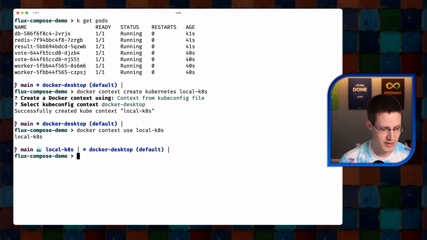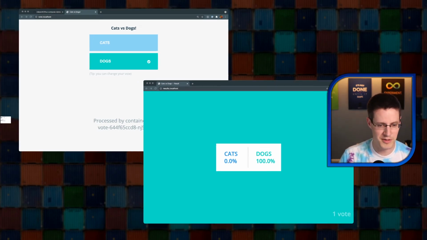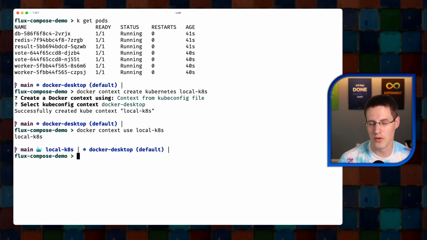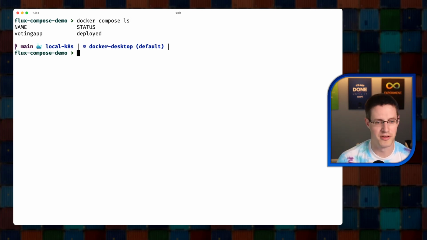If I jump back over here real quick, I just saw that it got that fixed. So now if I change to cats, there it goes, or dogs. I guess things were just running a little slow there. But anyways, back to my terminal. So now I'm using the local K8s context, and so what I can do is a docker compose ls, and I'll see the voting app that just got deployed there, and I can do a docker compose logs, specifying the voting app project,